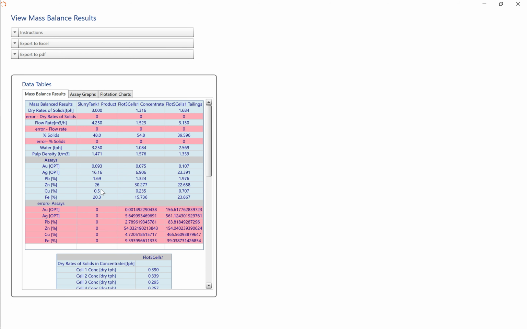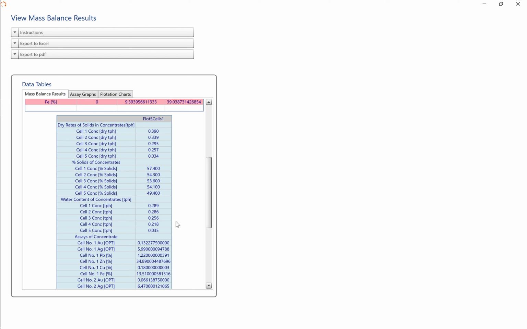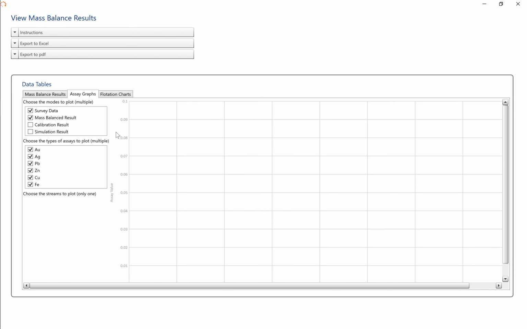Here we can see the mass balance results, the dry rate, the percent solids, as well as the assays for our combined concentrate and for the tailings. We also have specific information about the flotation bank for each of the cells in the bank. You can view the assay graphs